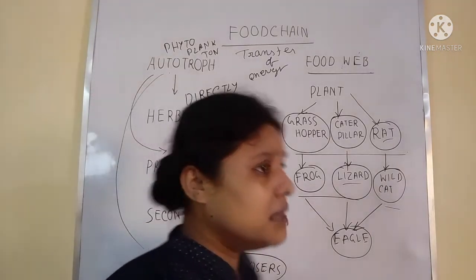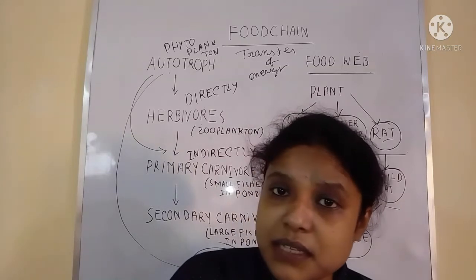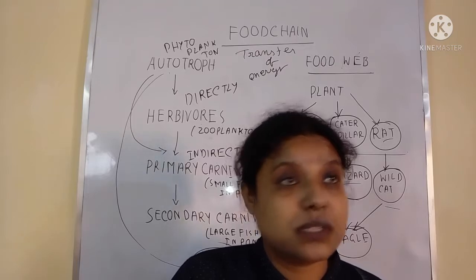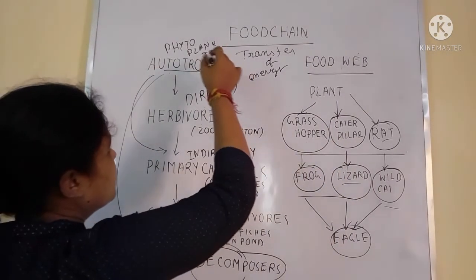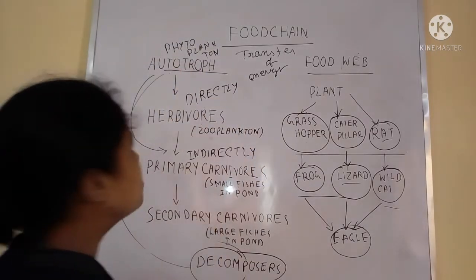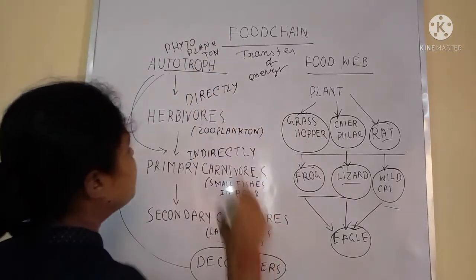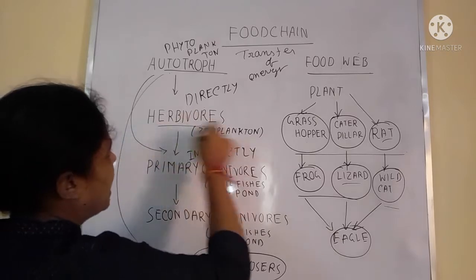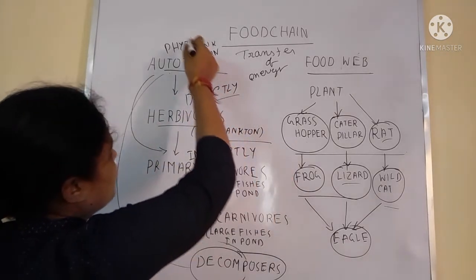So food chain definition, what is food chain? Definition is that the transfer of energy from one organism to another organism in an ecosystem. So here the first one is the autotroph, means producer. I just have taken here one example of pond ecosystem, and what are the autotrophs here? The phytoplankton, and these are eaten up by the herbivores, means zooplankton, and here the energy transfers from the phytoplankton